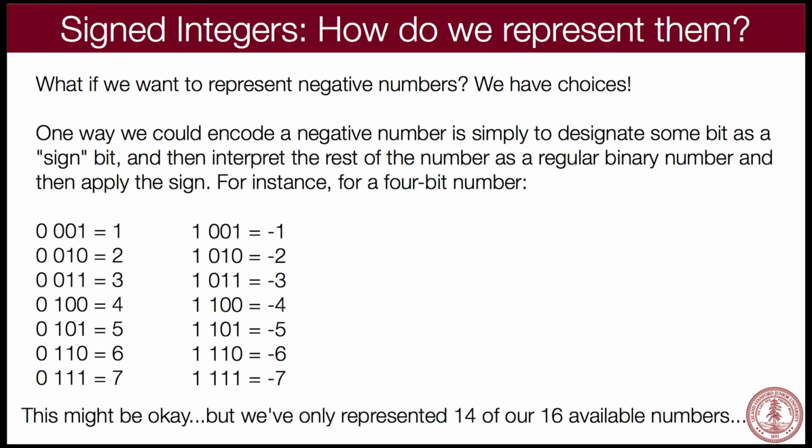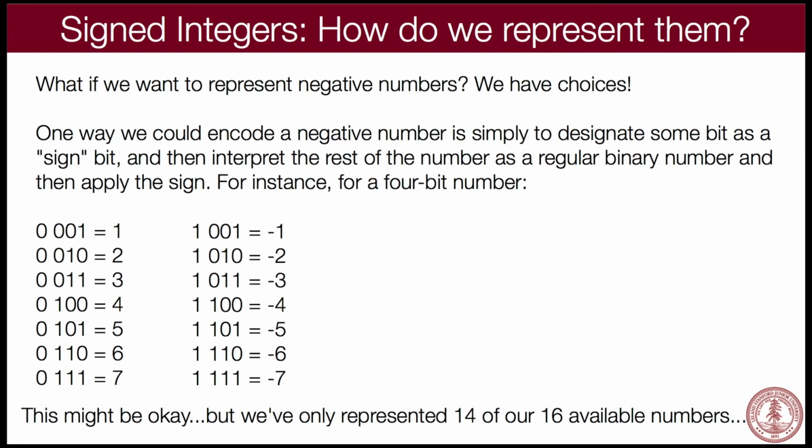For signed numbers, the question is, how do we represent them? One way is that we could take the uppermost bit, as we already kind of talked about, and make it the sign bit. So take a look at what I have here. I've taken, in this case, a 4-bit representation. We're only going to have 4 bits, not 8 or 16 or 32 or whatever. And that last bit I'm going to reserve and say if it's 0, it's a positive number. If it's 1, it's a negative number.